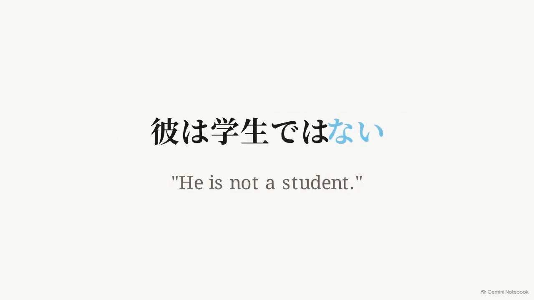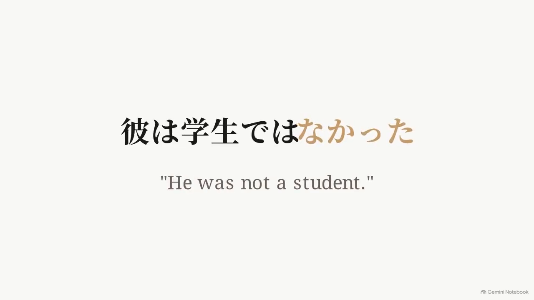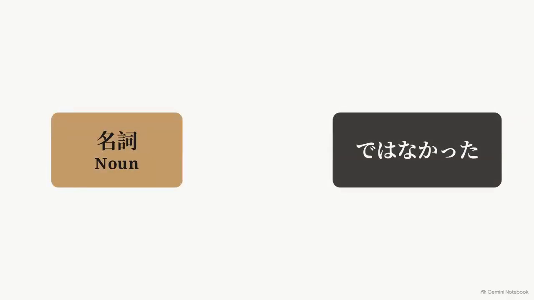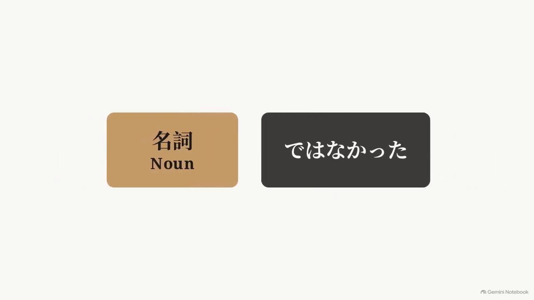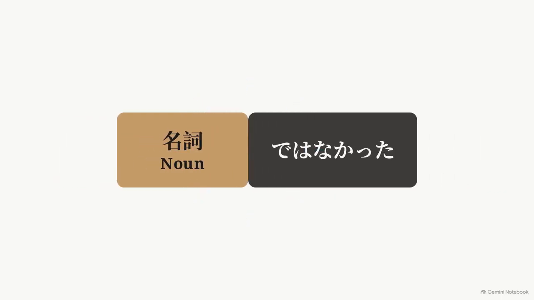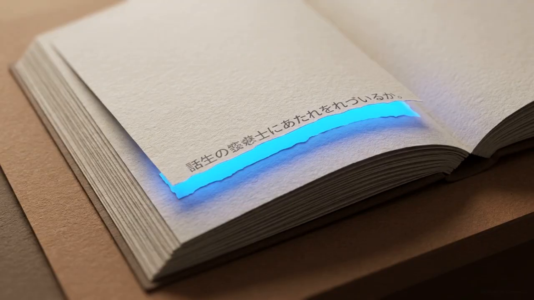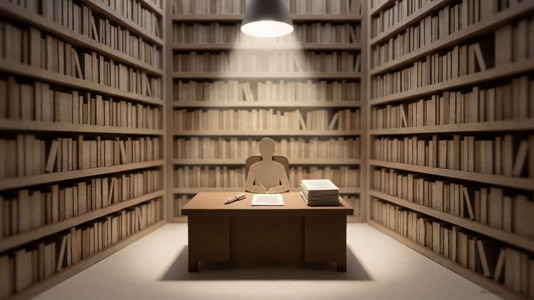To switch it into the past tense, the final nai conjugates into nakatta, locking the entire statement into a previous point in time. For nouns, the mechanics are straightforward. The ending attaches directly to the word it modifies, without any extra linking particles. You take the noun and place the ending immediately after it. Mastering this direct noun connection provides your baseline. Any time you need to establish clearly what a person or object was not in a written context, this is